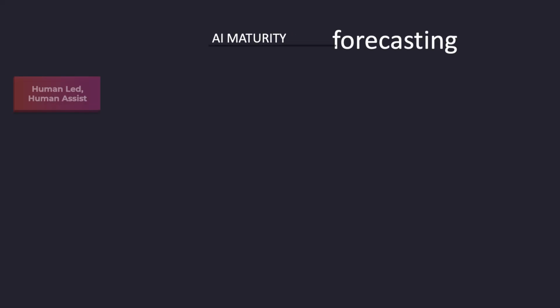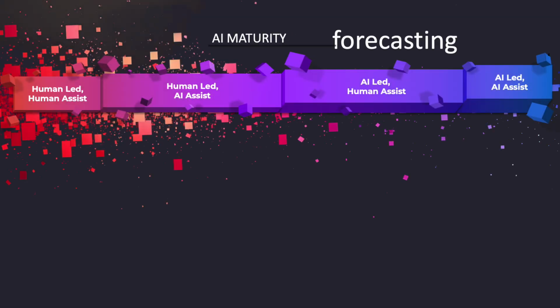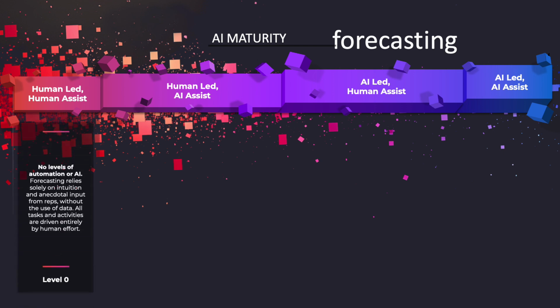I want to look at one area of the sales funnel, in particular forecasting, and how we apply the AI maturity model. In human-led, human assist, this is level 0. So forecasting is based solely on human intuition and manual data entry. So most likely be using tools like Excel or basic CRM reports, and at times even custom models, but there's no automation or AI. So again, the forecasting relies entirely on the rep's intuition and anecdotal input, with all tasks